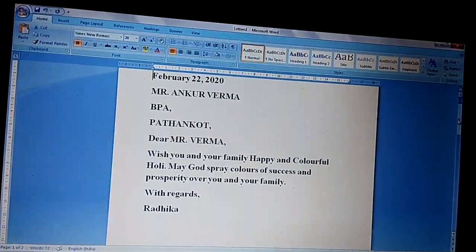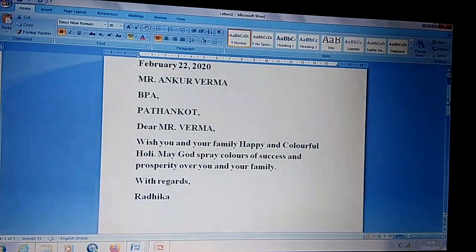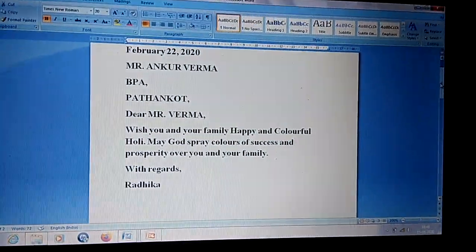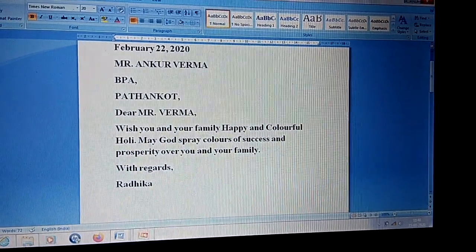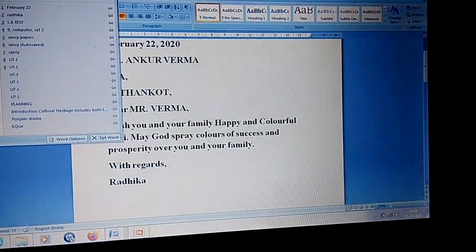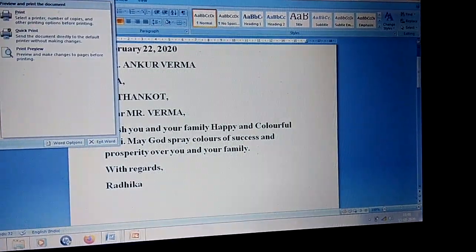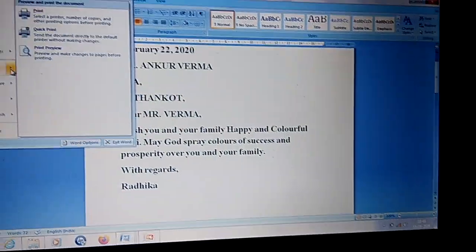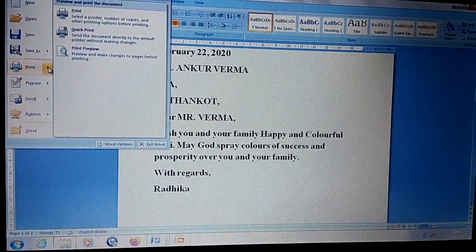Now the next topic is printing a mail merge document. For printing a mail merge document, open the merge document you want to take a printout. Click on the File tab. This is 2007, so there is no File button, only the Office button. Click on it, and after that you have to click on Print Preview. This is the Print button and there is a forward arrow.